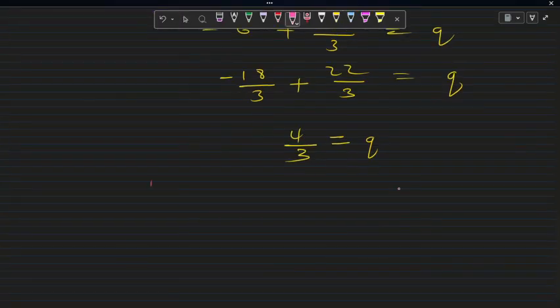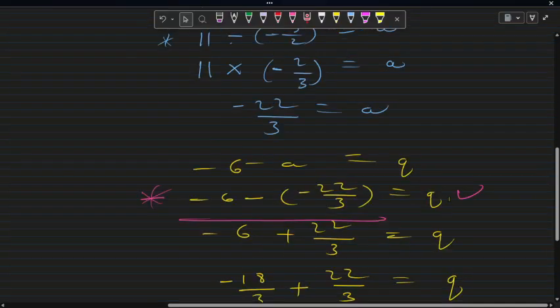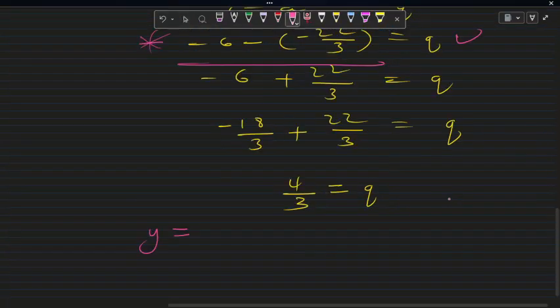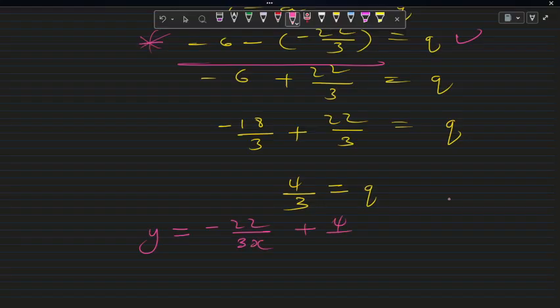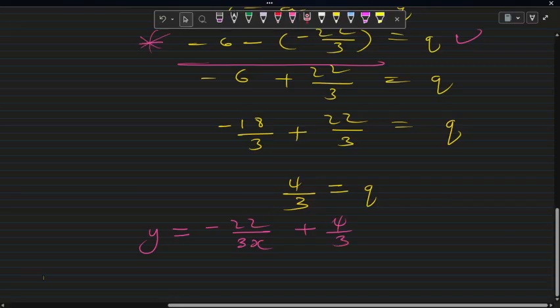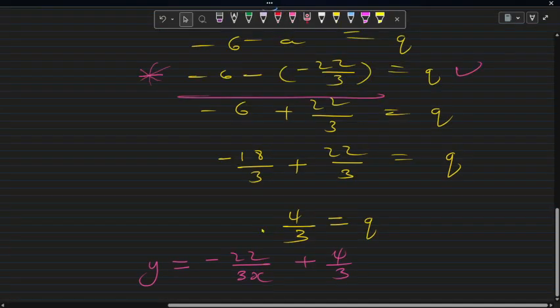Now we have the value of q, so we can just write our equation. So it will be y is equal to, the a value is negative 22 over 3, so we have negative 22 over 3x. Okay, and then this is plus 4 over 3. Okay, so this is the equation of the